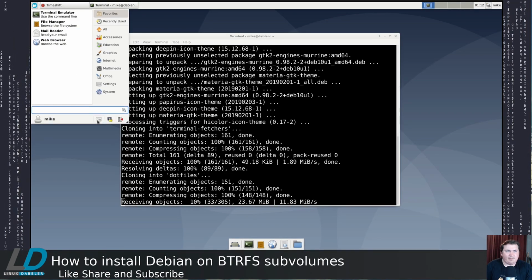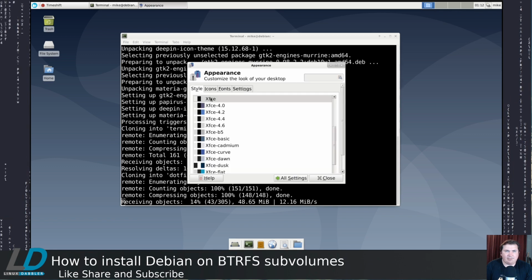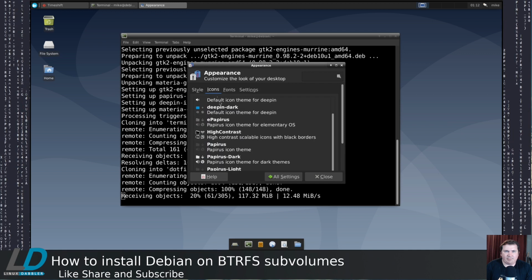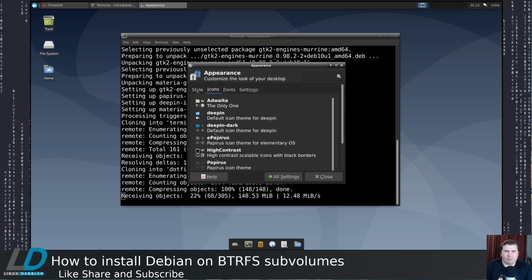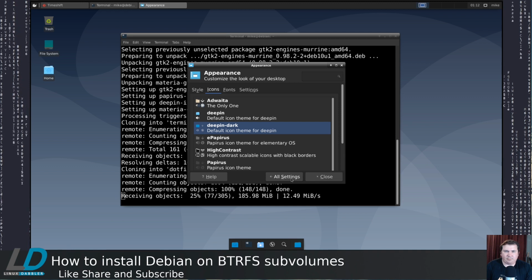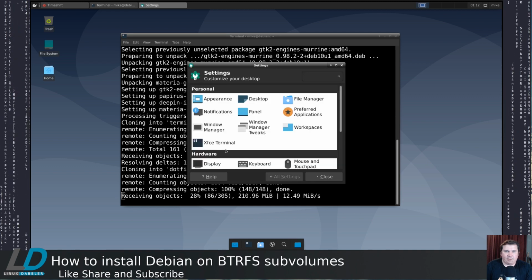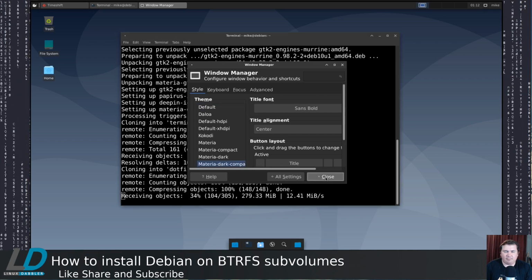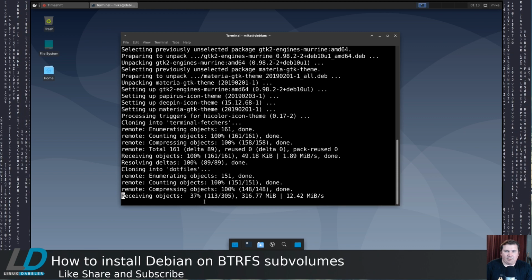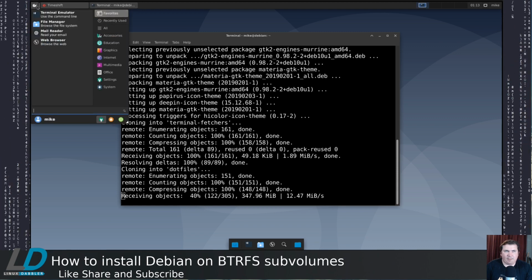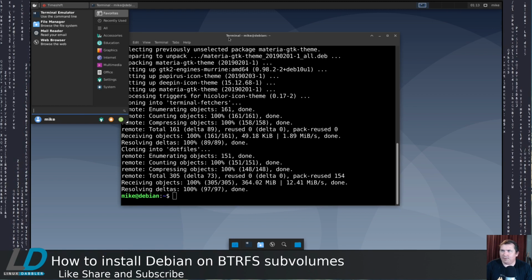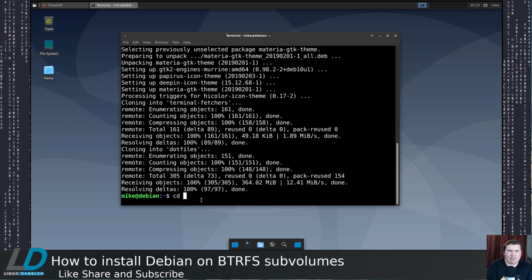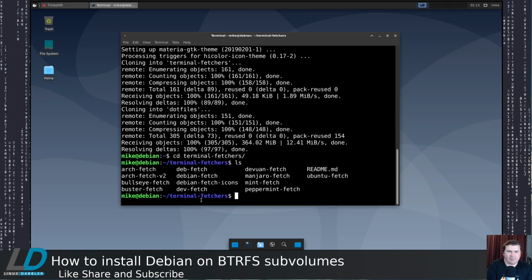All right, so that part finished. So let's go ahead and change our appearance to Materia Dark Compact. Let's change our icons to Deepin Dark. And let's go back to all settings, change our window manager to Materia Dark Compact. Hit close there. And see, we've already improved the look, in my opinion, greatly. So now that that's done, let's cd into terminal fetchers, and now let's say